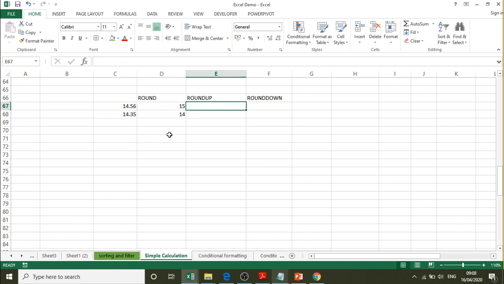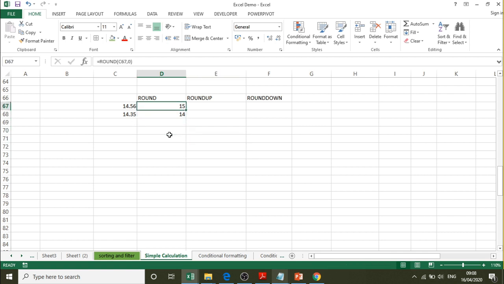So now let us understand how the ROUNDUP function will work. The ROUNDUP function will work like this. If you are having any values, irrespective of whether it is more than or less than 0.5, it will round it up to the next higher number. Sometimes, based on our problems, whichever is required, whether round up or round, we have to judge and make use of that. Even if it is less than 0.5 it will round off to the next number, and even if it is more than 0.5 it will round off to the next number. That is how the ROUNDUP function will work.